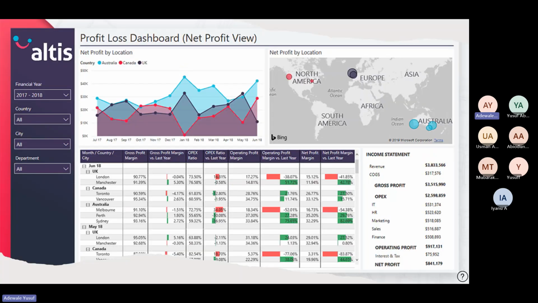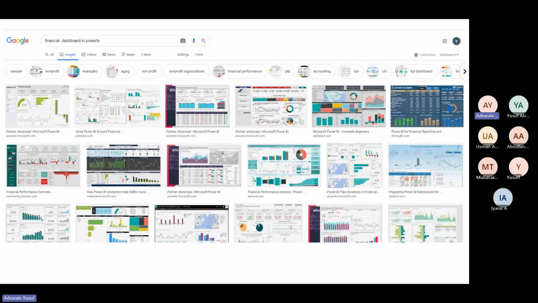And one of the things I usually see online is I go to Google now and I type dashboard in Power BI. You will see a lot of different dashboard inspiration by different people. In fact, you will see some people that will jump out with almost 6 or 7 colors together just to be the dashboard. Those are 7 colors, just matching up different colors and all that, right?